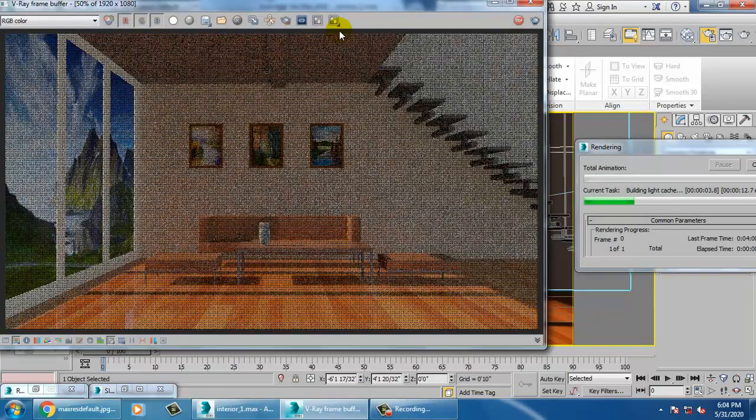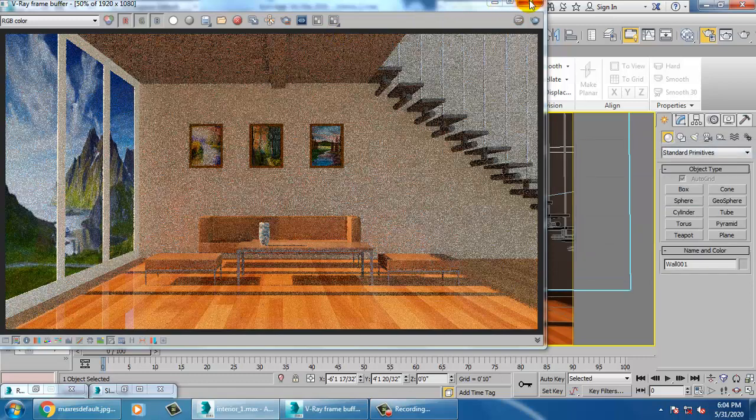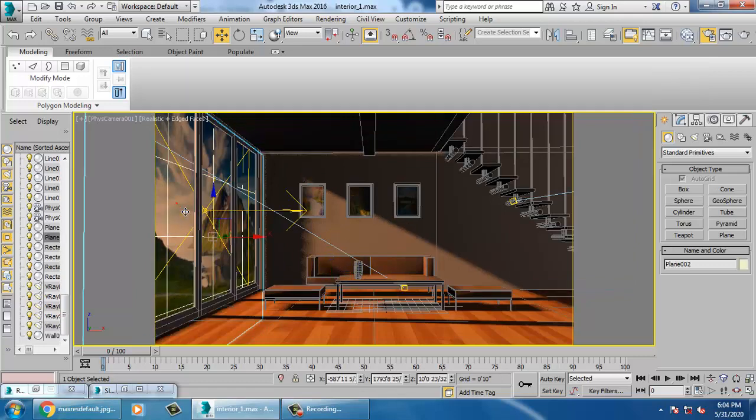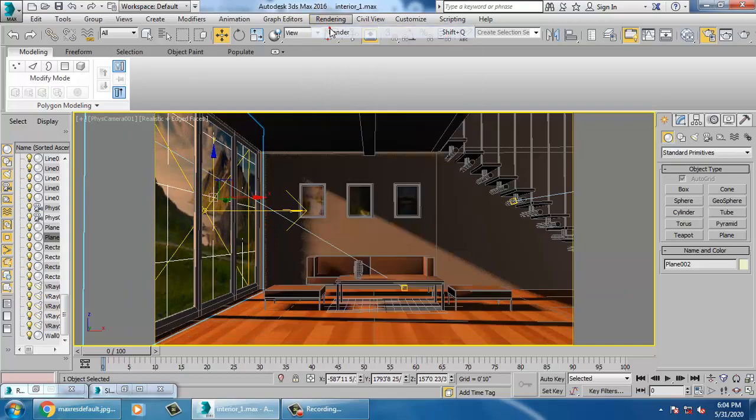Much better. Not bad. So let's render it.